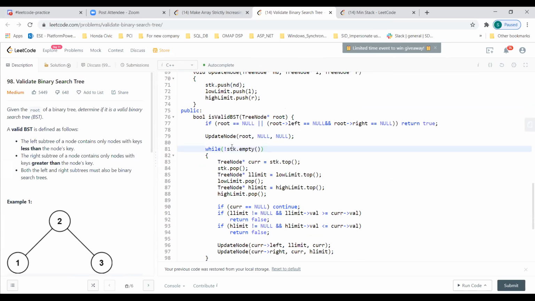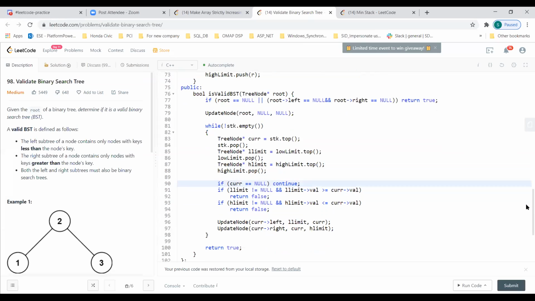And then you come here, look if the stack is not empty, you pop it out and then look for its left and right stacks. You pop that out too, and then you compare those values here. If it is not actually meeting the binary search tree behavior, you return false, or else you update.